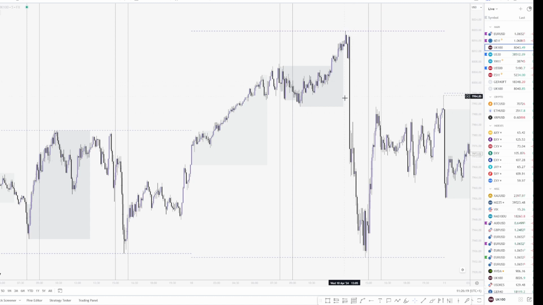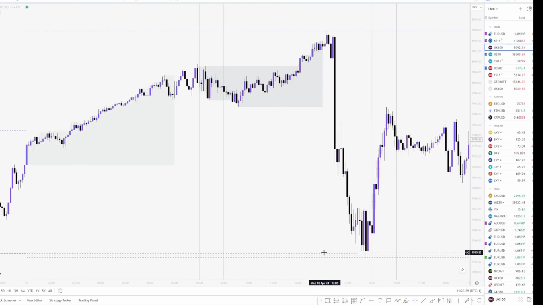Now after this high impact news has caused this aggressive sell-off, what we can see if we look to the left where this daily low is over here, we can see that this daily low has been taken by this. Now once this has happened, we can then see, if we just zoom in a little bit more, I've just extended this dotted line over so we can see this. We can see a wick below this and we can see a lot of buying pressure has then been injected into the market, and we've had a nice correction or a pullback leg coming back up into this area of